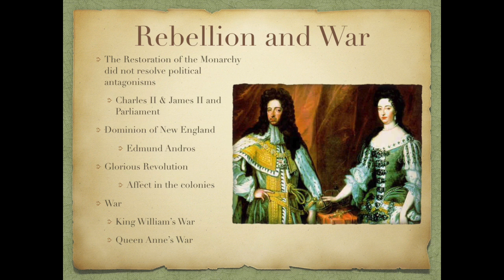If you recall, Maryland was set up by Lord Baltimore, who was a Catholic, and it was intended to be a haven for Catholics, but had a majority Protestant population. And so those majority Protestants sort of seized their opportunity to get away from Baltimore altogether by demanding that they become a royal colony.